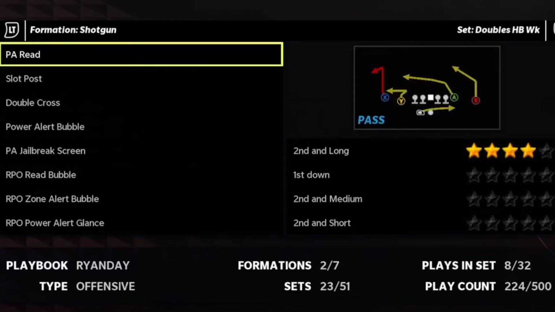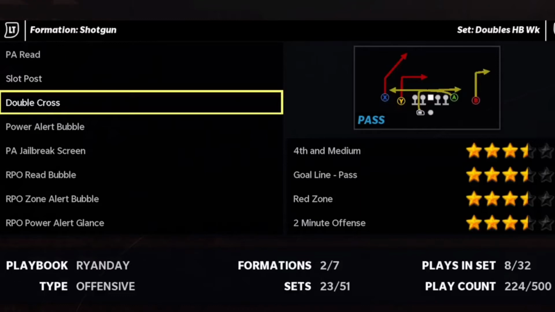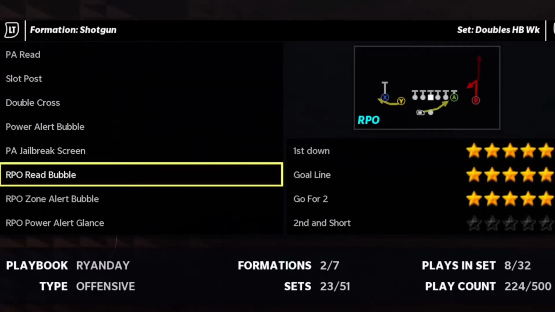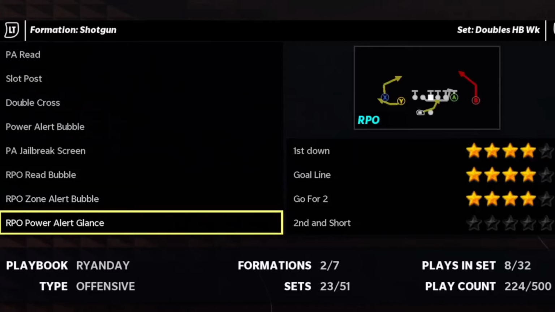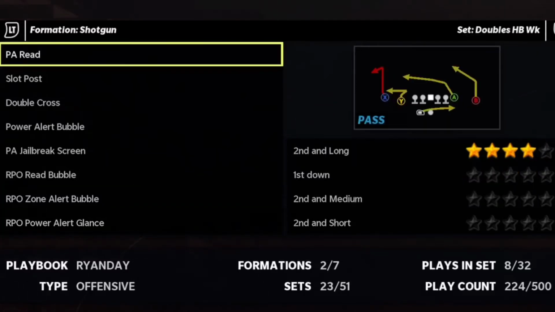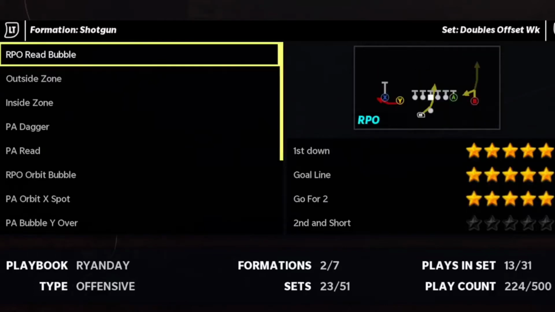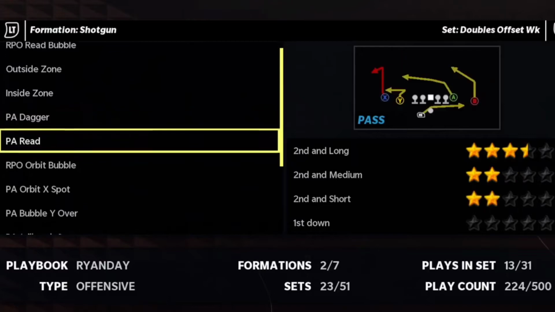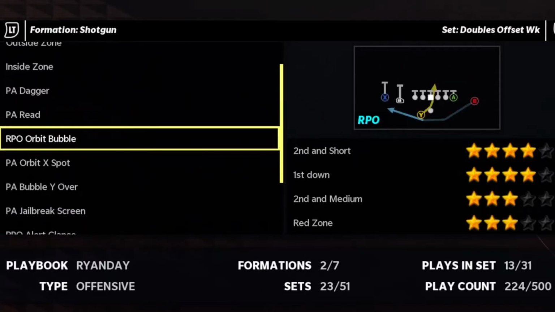Doubles halfback weak, we have PA read, slot post, double cross, power alert bubble. PA jailbreak screen, RPO read bubble, RPO zone alert bubble, RPO bubble alert glance. Then doubles offset weak, we have RPO read bubble, outside zone, inside zone, PA dagger, PA read, RPO orbit bubble,